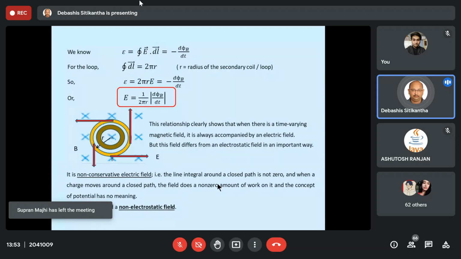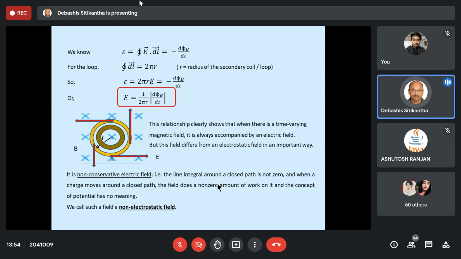Now there is another very interesting thing over here. When we were studying about the electrostatic field, now remember this is not an electrostatic field, this is a time varying electric field. So this E and the E that you have studied in your electrostatic field, they are having some differences. That E was having a constant magnitude for time infinite, whereas this E, which is indicating the electric field, is actually a time varying electric field. That means its magnitude is changing with respect to time.